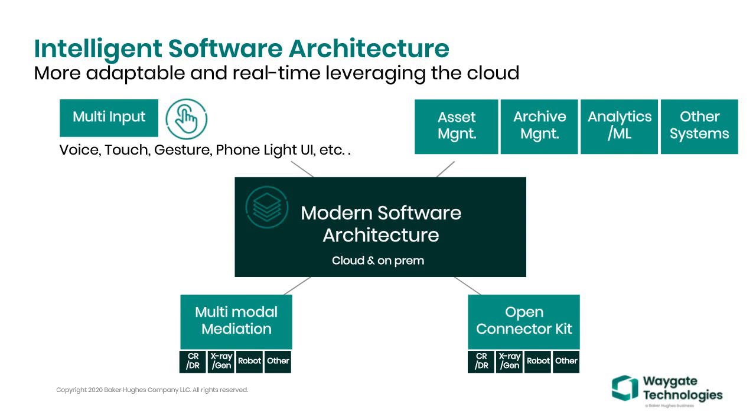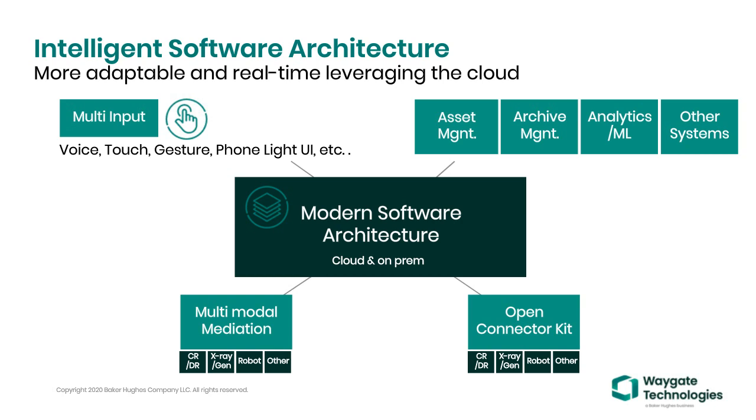Here is a modern software architecture schema, very high level, and we see on the top left that there are multiple places that we can accept input from users going forward. It could be voice, keyboard, or mouse. It could be things that replace the interaction with equipment, the scanners, and so forth, through software. And gesture-based could be another alternative.